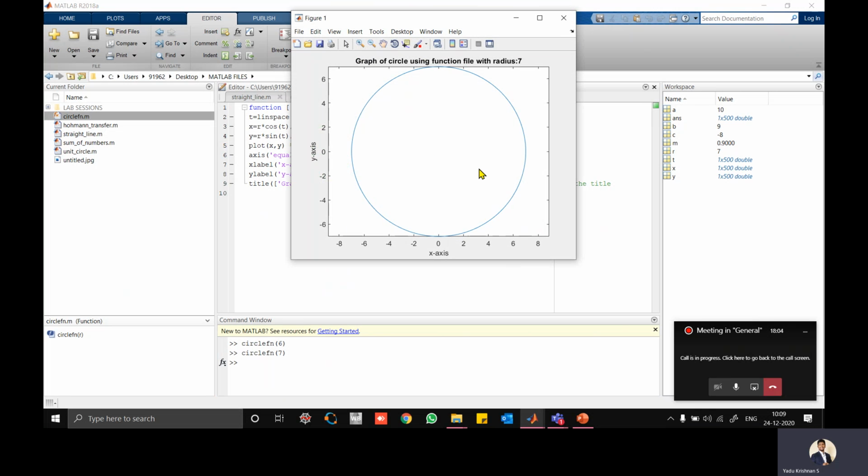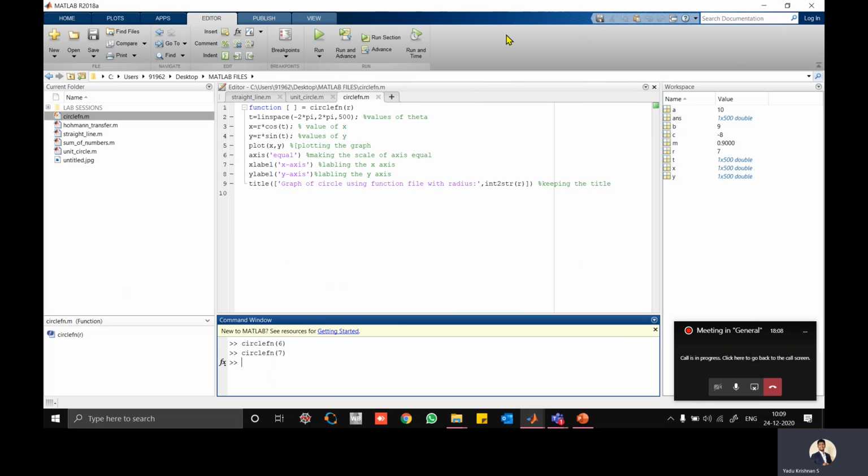See, then also you will get the plot. But what happened here? Look at this: it is completely empty here. Previously we put [x, y] as the output argument, and x and y were printed here. Whatever the output argument is, that is shown here.